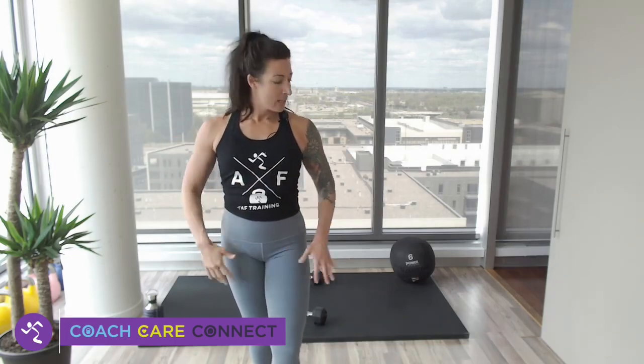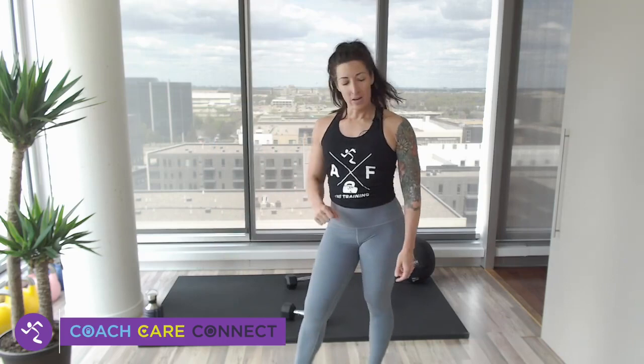So it's going to be 3 mini circuits of 3 exercises for 3 rounds. 30 seconds work, 15 seconds rest. What we're going to do is warm up, and then I'm going to cue you as we go. So instead of showing you all the exercises right here and now, in those 15 seconds in between, I'm going to tee up the next move so we can get ready and move this forward. All right, so clear space, fill up your water bottle, pop on some tunes,